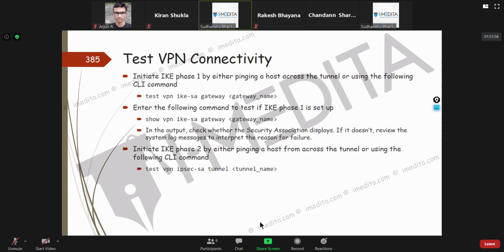The same type of profile you will have to define: the phase 1 settings, whatever, AES or ESP, all these things should be the same. So no change on the firewall side, on the Palo Alto side. On the Palo Alto side, you just have to match the settings.